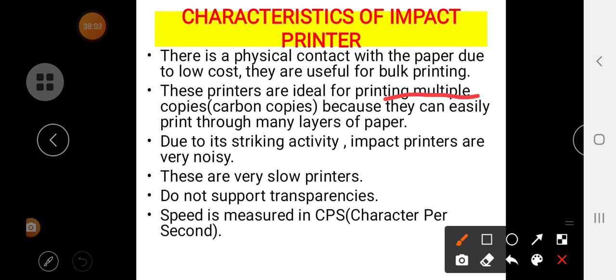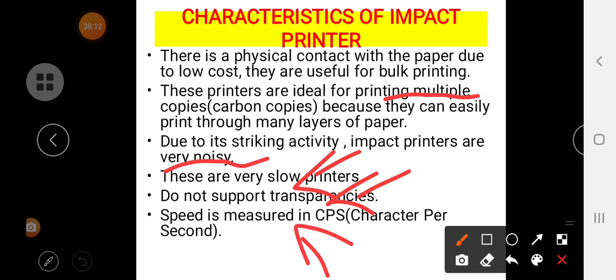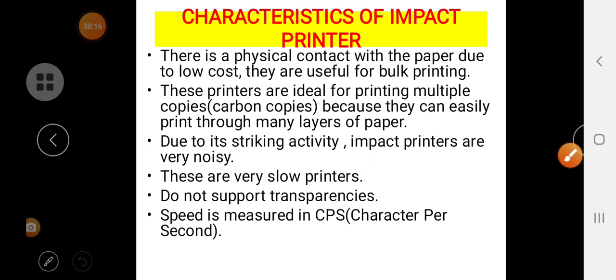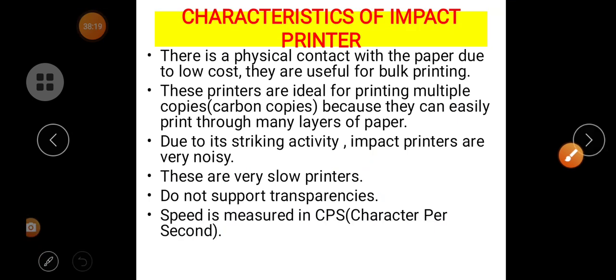Since they have a striking mechanism, these printers are very noisy and very slow. There is no transparency, and the speed is measured in characters per second. Okay students, characters per second.